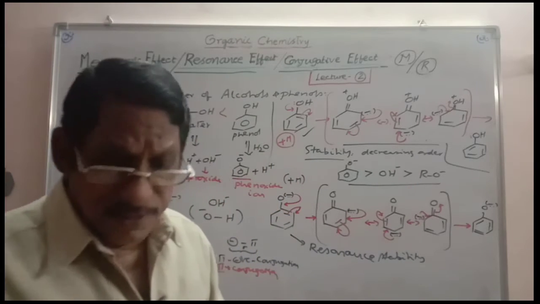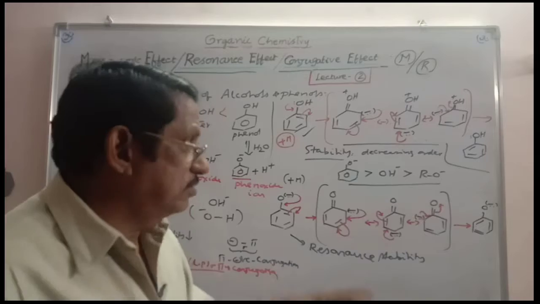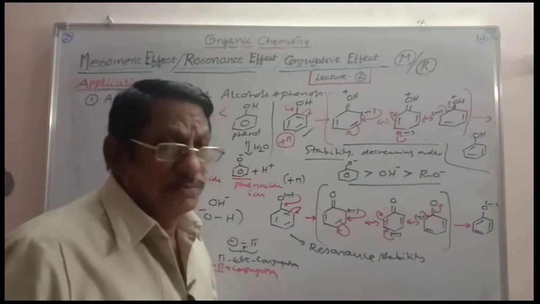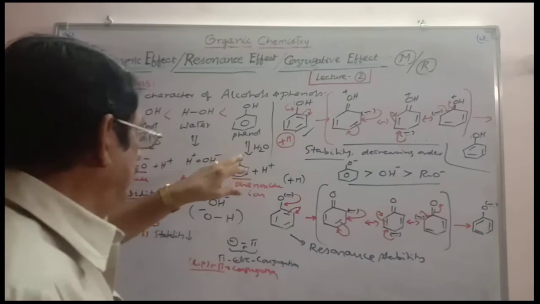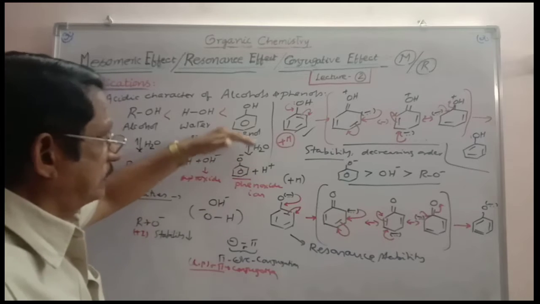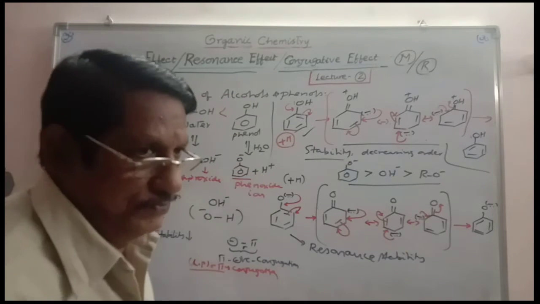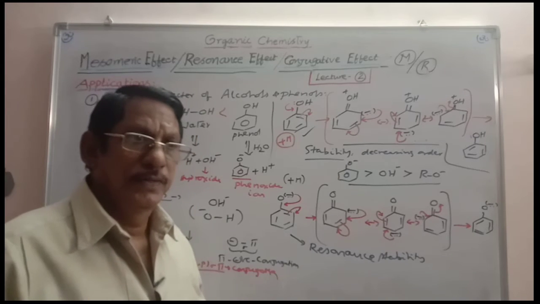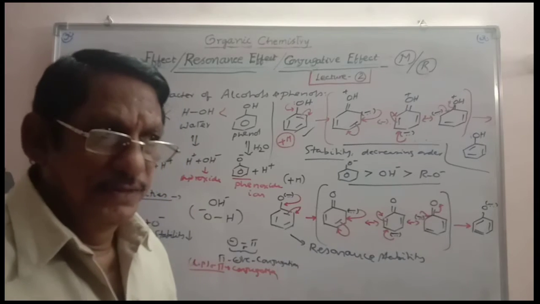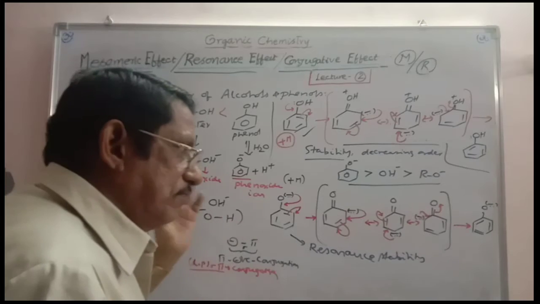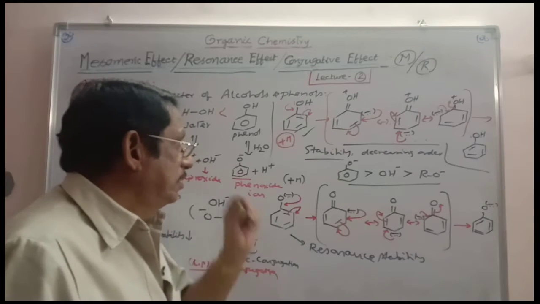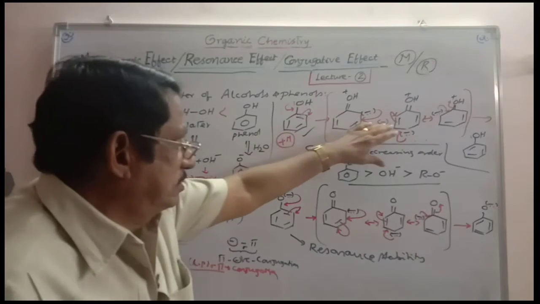When phenol is stabilized by resonance forms, and phenoxide is stabilized by resonance forms, which is more stable? If phenol were more stable than phenoxide ion, equilibrium would be shifted towards the phenol side and the number of protons would decrease. Acidic character would decrease. It becomes less acidic. It is not happening there. Phenol is more acidic even than water. And so here you have to compare the resonance forms of these two.